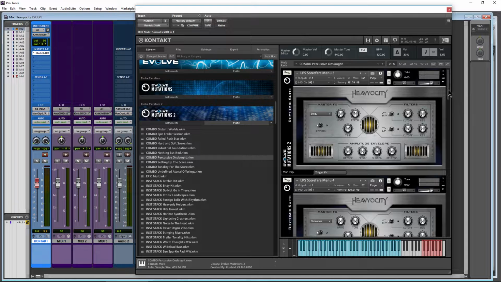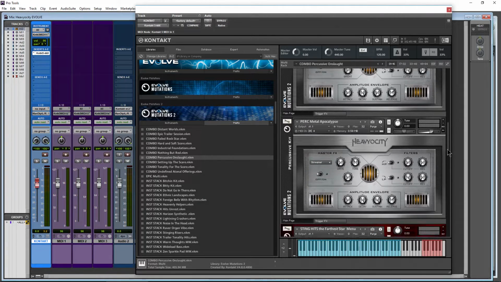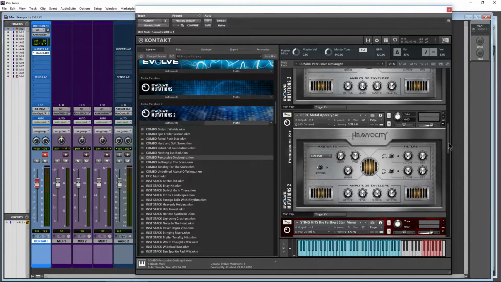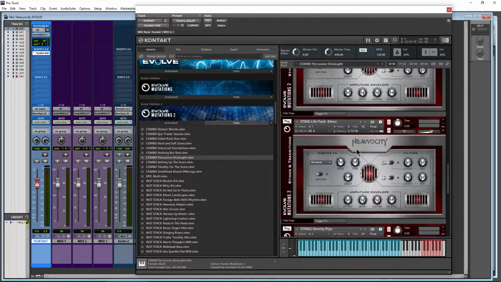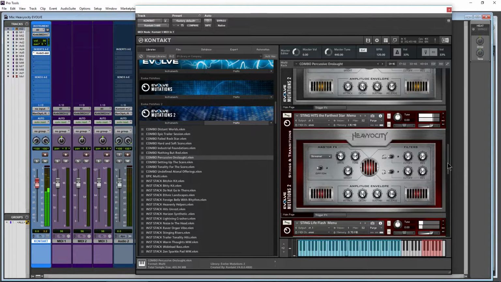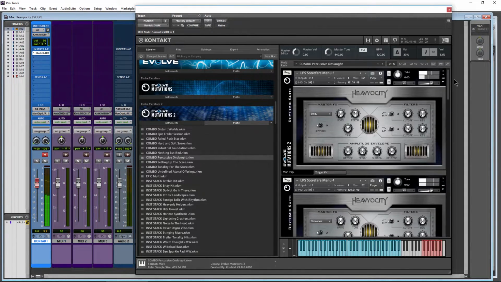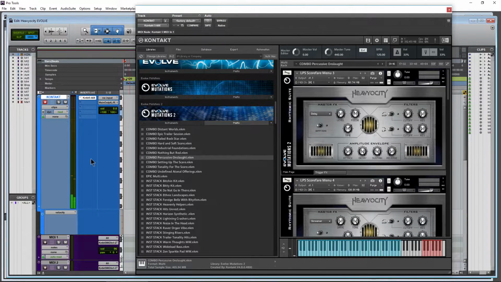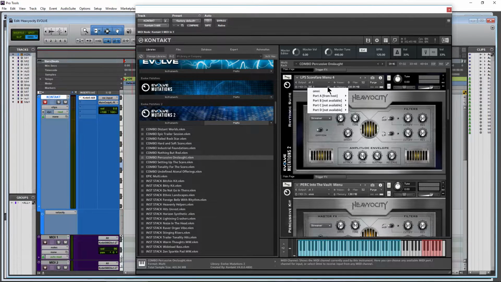But of course, the problem is, whenever you set up your multis, you don't always want everything to play with the same note at the same time, because it might not sound good. It might sound good, it might not, but you might want to do other things and play other notes that trigger different things at different times. So this seems to work okay. And if all you wanted was that, all you would need is one MIDI track or one instrument track here in Pro Tools. But if you want to record things,